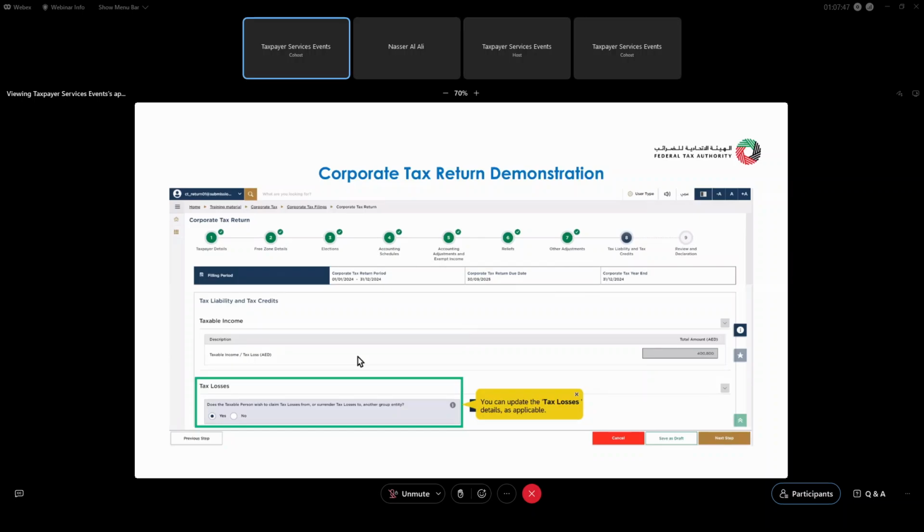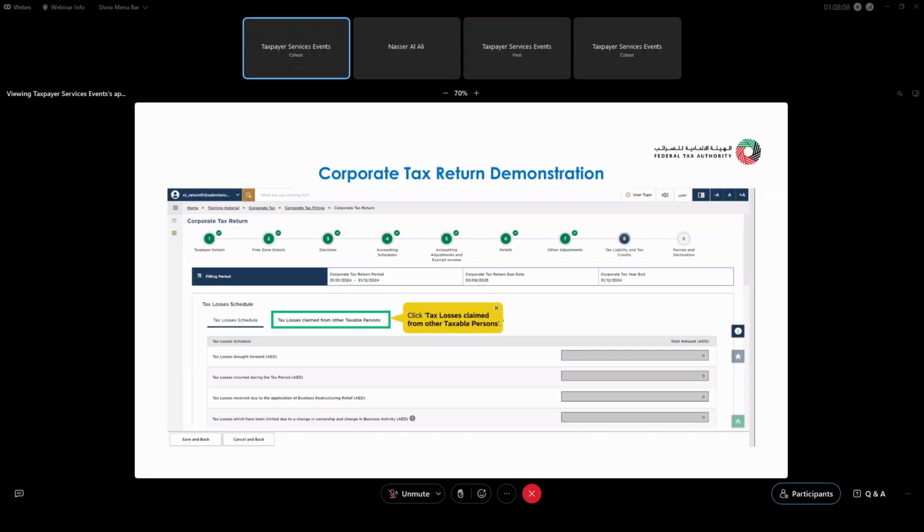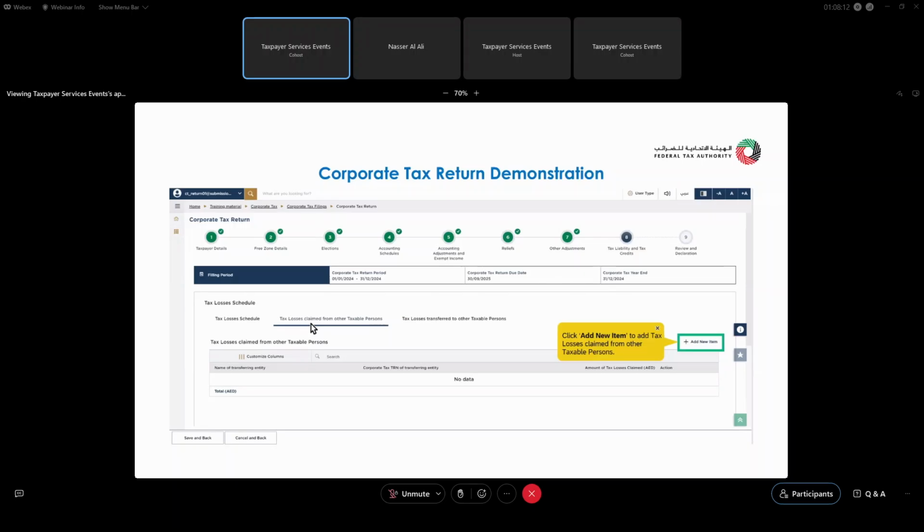You will move by updating your tax losses details if applicable to you, and you will click on the tax losses schedule box to proceed with the section. You cannot make any amendments in this grayed out field, but you can go to the next page where it says tax losses claimed from other taxable persons and click on add new item to add the tax losses claimed